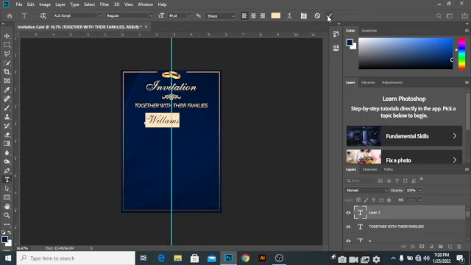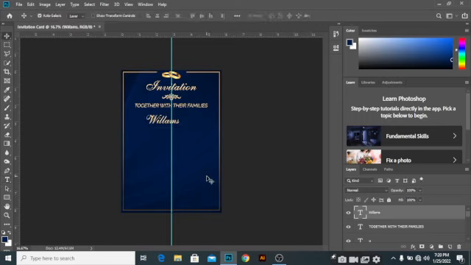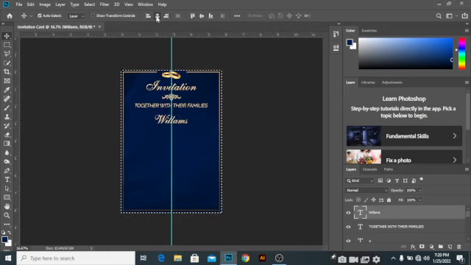Okay, so to the move tool now, let's just Control A, let's go into the middle, then Control D. Okay. So now let's just bring this up a little bit. Now this particular